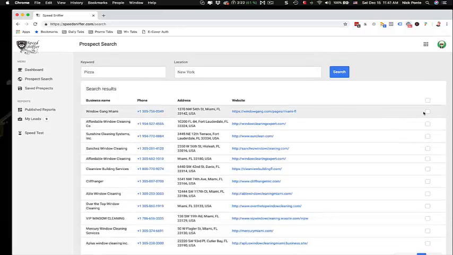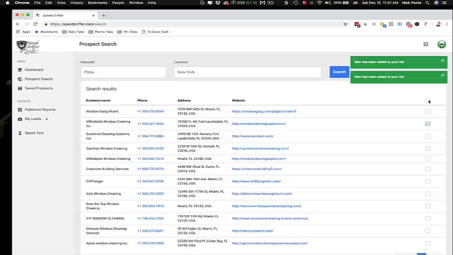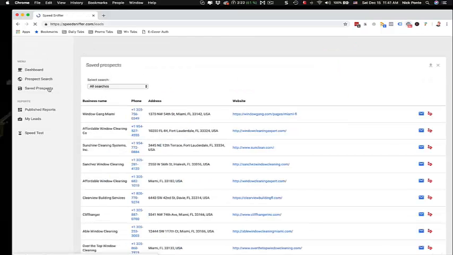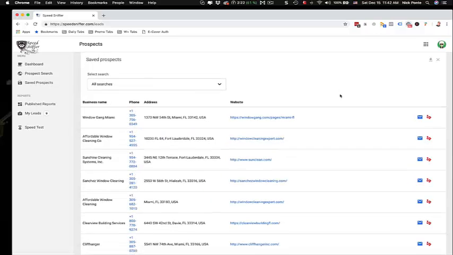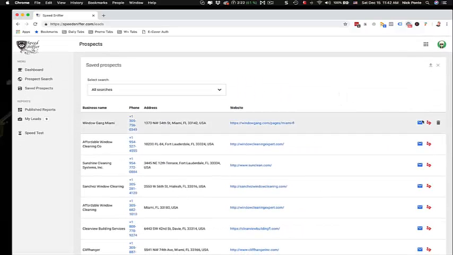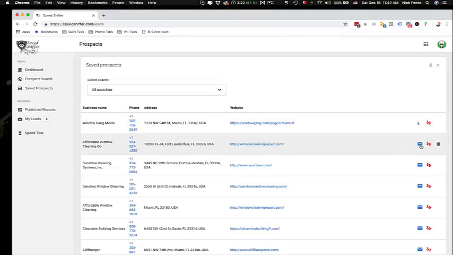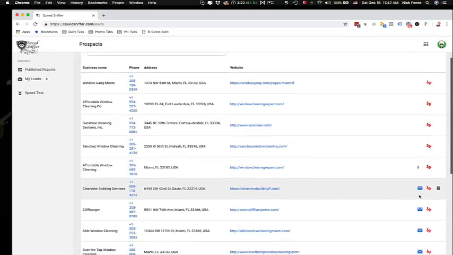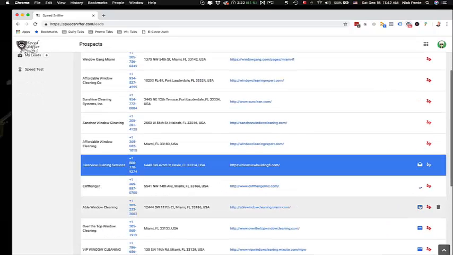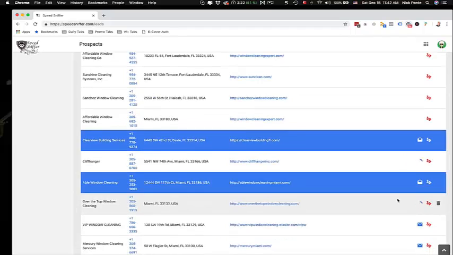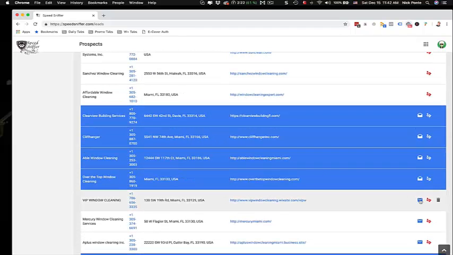And basically you can click one by one, or you can select all, and it will highlight all the businesses and add them to the saved prospects tab. Now the first thing you want to do when you have all these businesses in your saved prospects tab is you want to hit this little mail icon, which goes out and scrapes these specific leads for email addresses, right? And some are easier to find an email address for than others, but we generally see about 75% of these businesses have an